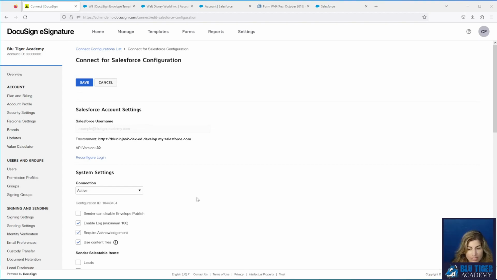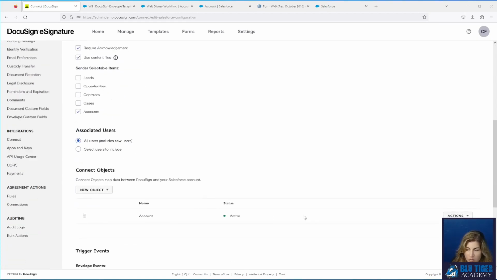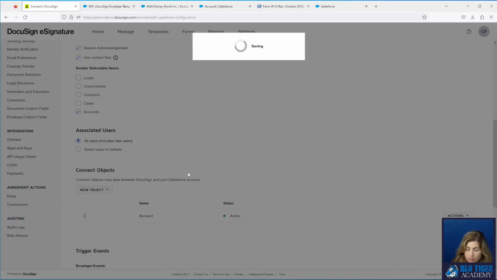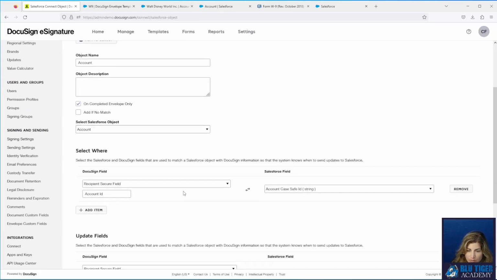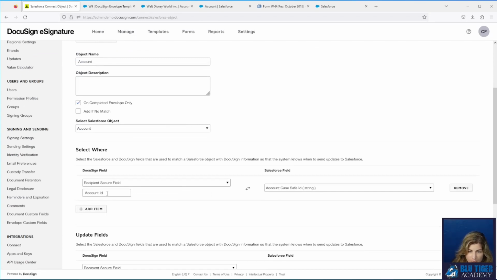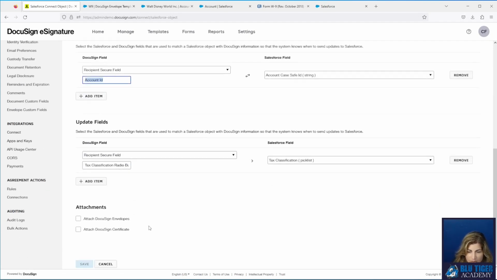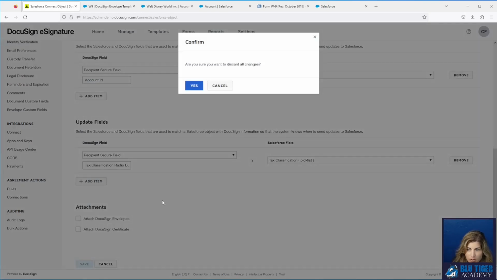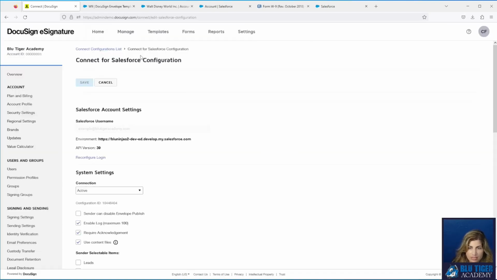Okay, now our Connect settings are all set up. I just want to click into here and show you right here. So this field, we've said that we're going to configure a field called account ID. So we're going to hop over to Salesforce and configure this field so that it pulls over the KSafe ID.